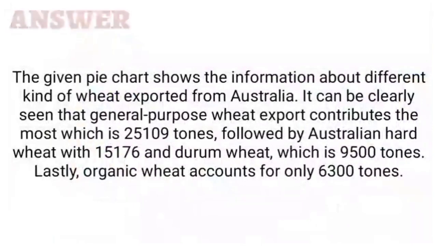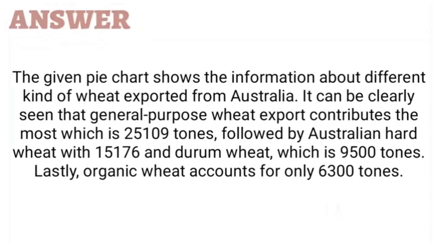The given pie chart shows the information about different kinds of wheat exported from Australia. It can be clearly seen that general-purpose wheat export contributes the most, which is 25,109 tonnes, followed by Australian hard wheat with